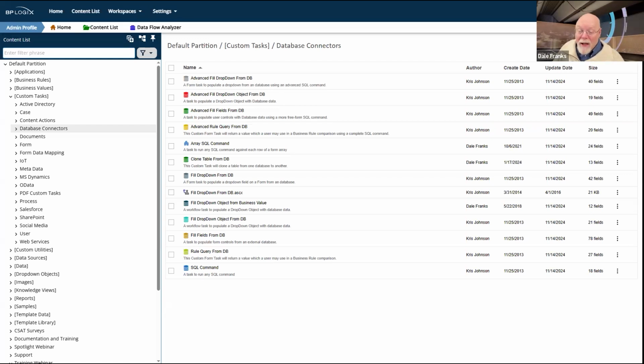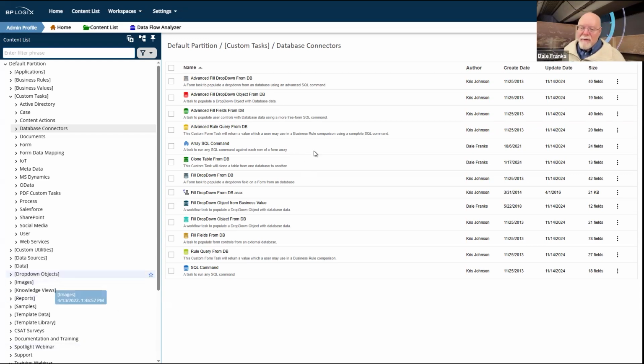At one point in time, prior to the existence of business values, and prior to implementing the fill dropdowns and set form data tabs on form definitions themselves, anytime you wanted to go out to a database to grab some information to either fill some fields on a form or fill a dropdown on a form, you had to create a custom task to do that, or you had to configure one of these custom tasks to do that.